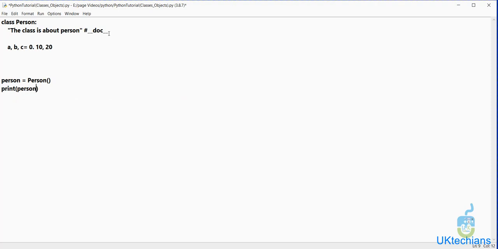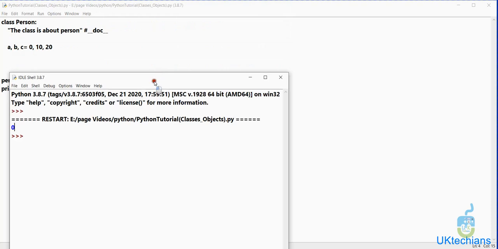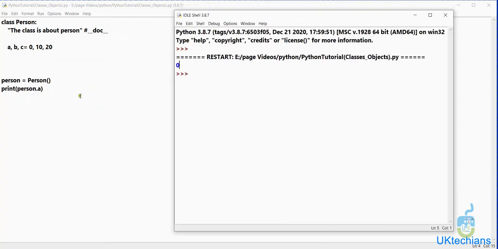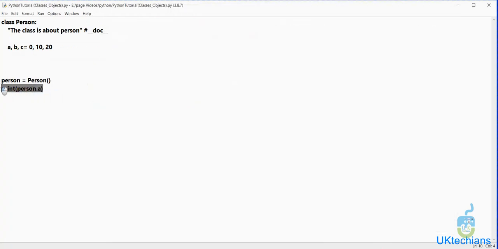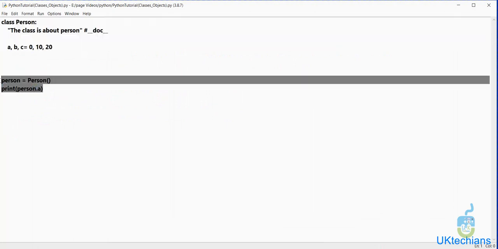So let's say print person dot a. Let's save it and press F5 to run it. Sorry, invalid syntax, because we have to add a dot here. Now save it and run, and it says a equals 0, right? So we created the class and this is the object of the class, right?